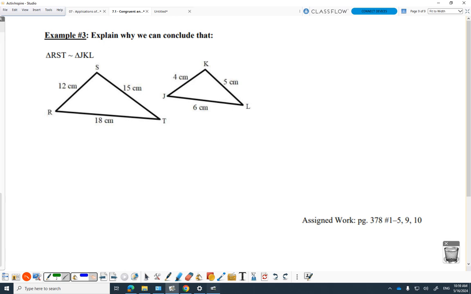What's the other weapon? Find those ratios of the sides. So, largest over largest is the way to go. That's a little hint for your homework. If they take this triangle and flip it over and sideways to try to mesh you up, just match them up large to large, medium to medium, small to small. Okay? So the largest sides are